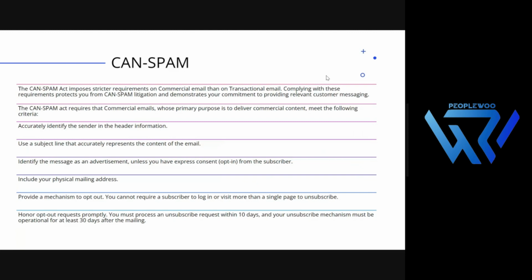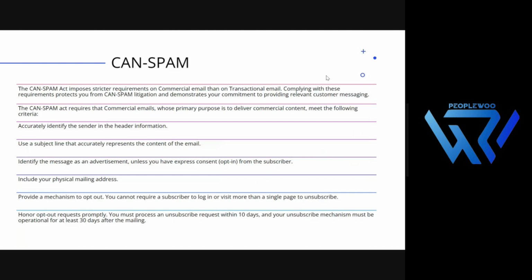After this, guys, we have seen the second law of CAN spam, which says that you have to make use of a correct subject line. You should not fool people that you won a lottery and once they open the email, they are seeing entirely different content. This is something which is non-compliant. Many senders try to follow and get their position in the spam folder. So guys, accurately identify the sender in the header information and use the accurate subject line are the top two